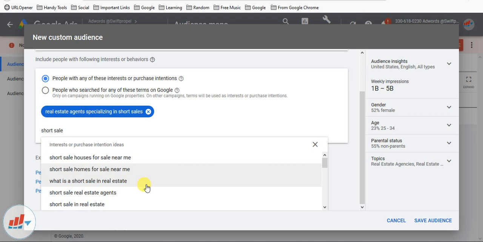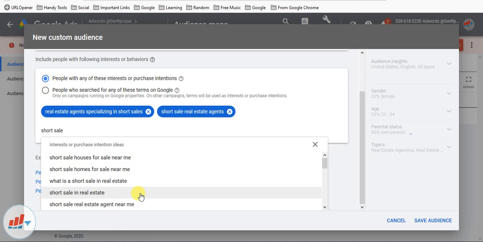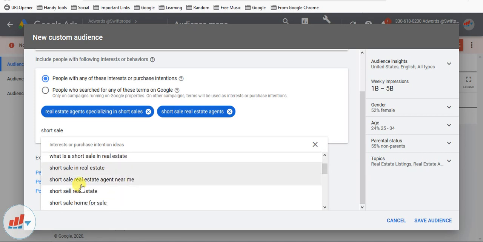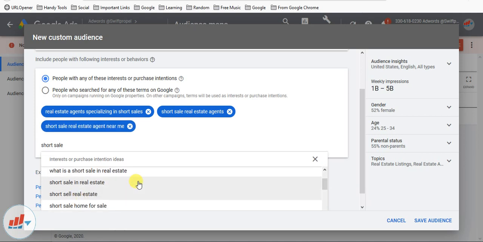Short sale real estate agents, this is good, because a person who is looking to short sale their home will be using these kinds of search queries. Short sale in real estate, again this is a broad query. Short sale real estate agent name, this is a perfect query that I want to target.